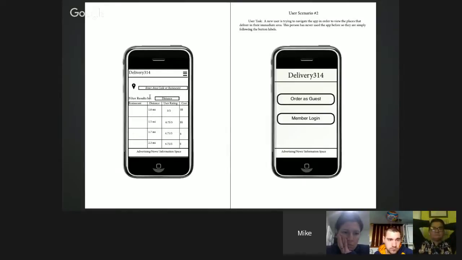And there'd be a filter also where you can choose to filter results by distance, rating, or cost. And you can either choose lowest to highest or highest to lowest. So yeah, this would be how the search results would appear, and the user could tap on the labels to